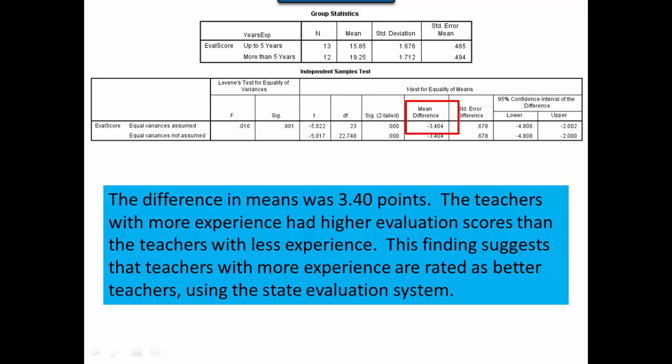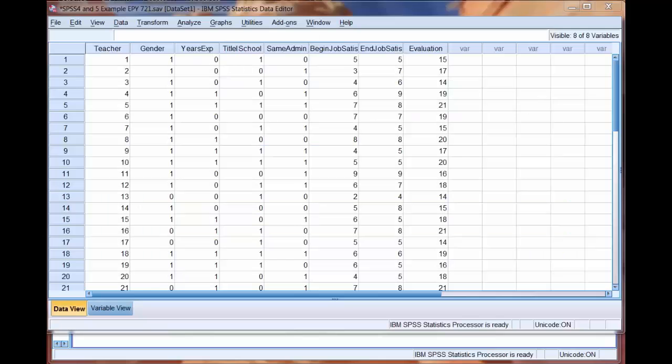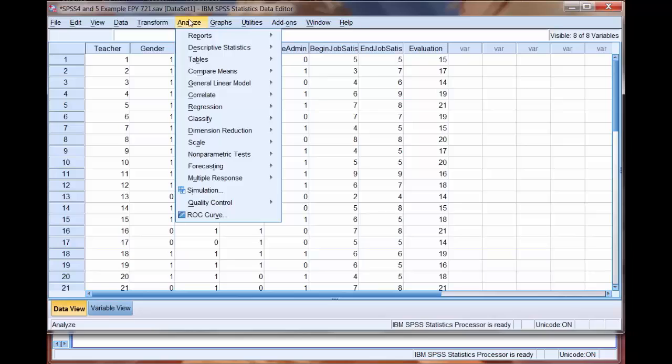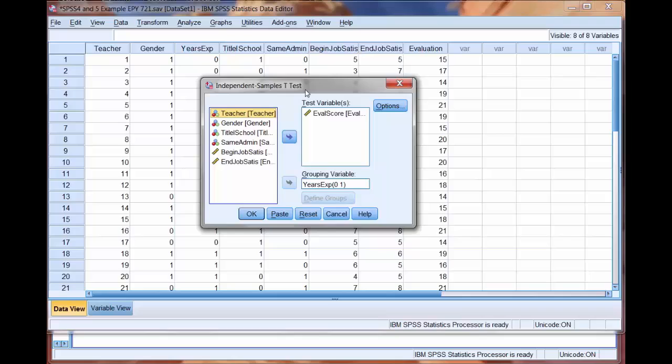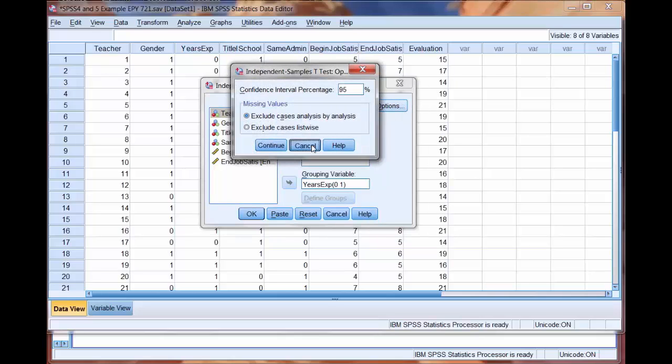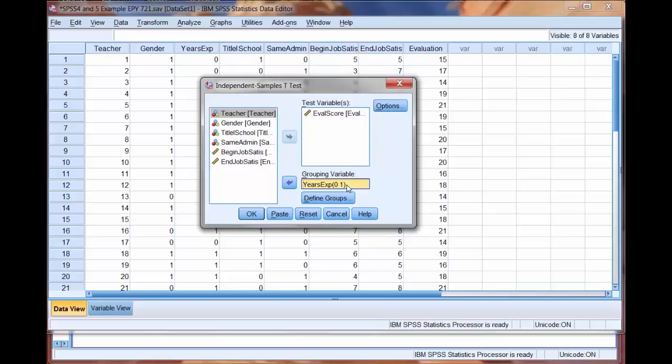So now you're ready for the analysis for research questions 3 and 4. Question 3 and 4, I'm going to go a little bit quicker because you've done this before now once. So we'll move along and I'm going to do those 2 questions together. Again, remember I'm in my Analyze, Compare Means, and Independent Samples t-test. When the window pops up, you're going to see what you did last time. Your dependent variable's not going to change. Your options aren't going to change. But what's going to change is your grouping variable.